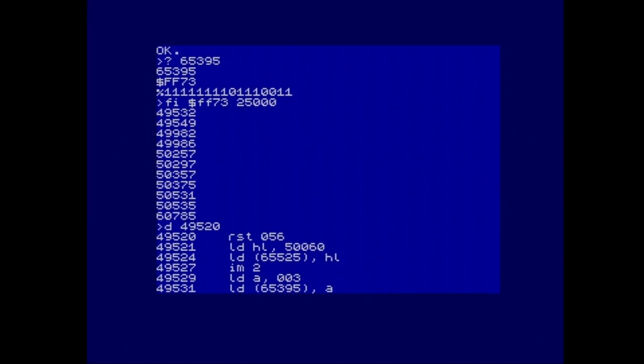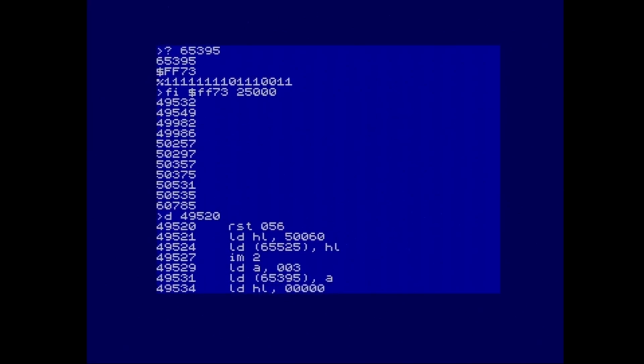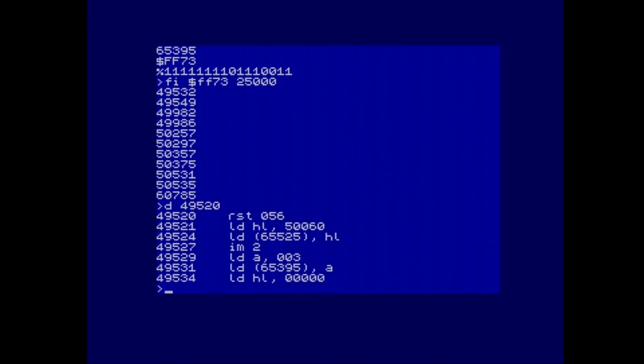So that one at 4532, that was that load 6. That looks like the actual initialization. So if we wanted to give ourselves more lives at start, if this is the lives counter, that would be the full. If we poke that with a different number, we could start with more lives. So let's disassemble